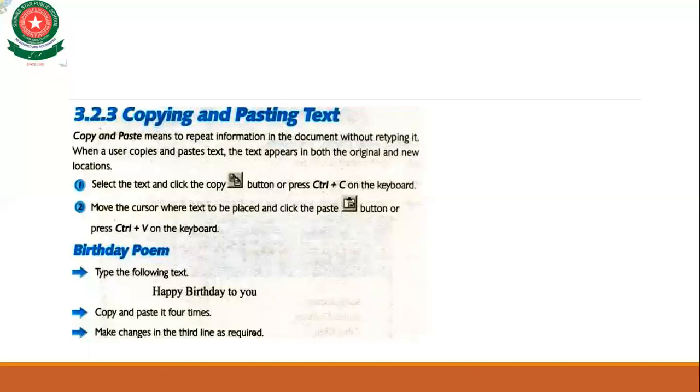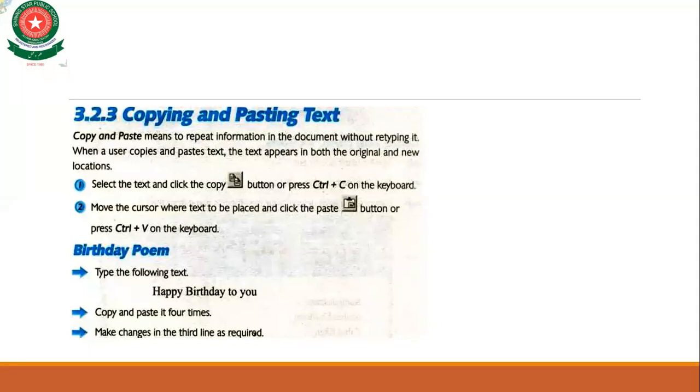Copy and paste mean to repeat information in the document without retyping it. What does copying and pasting mean? Copy and paste means to repeat information in the document without retyping it. Okay, means you can repeat the text without retyping.